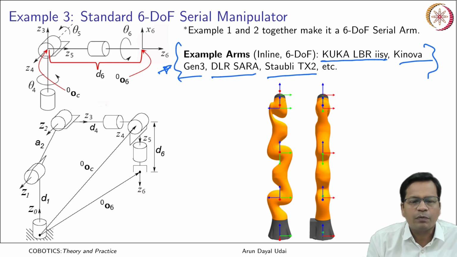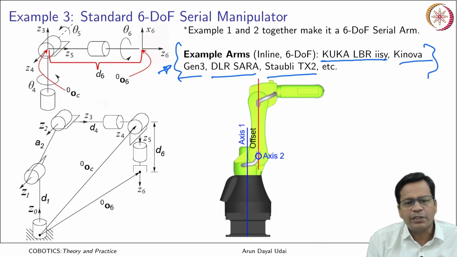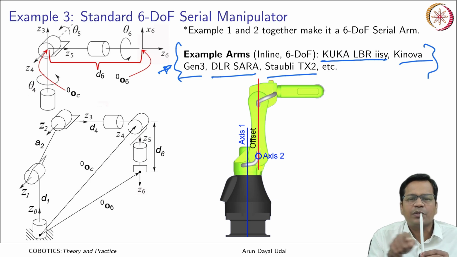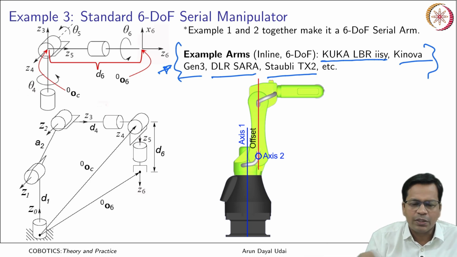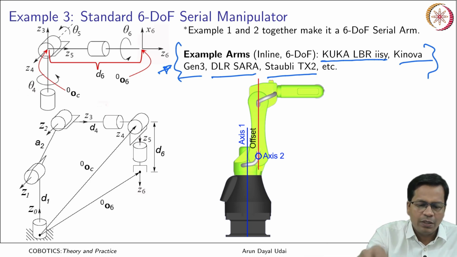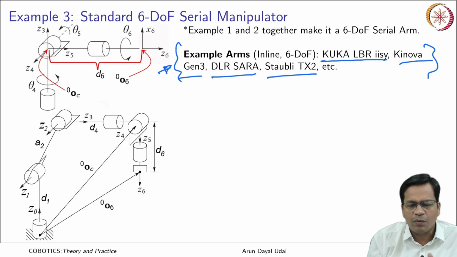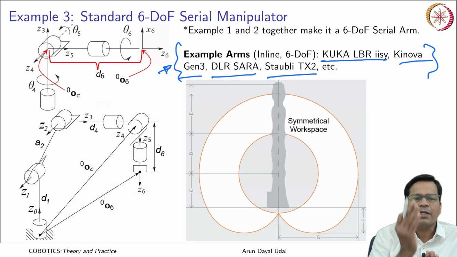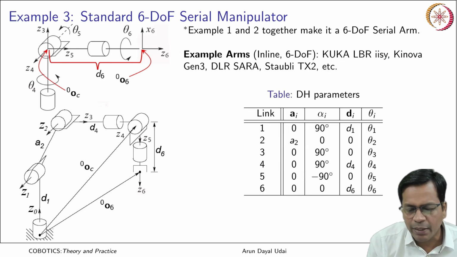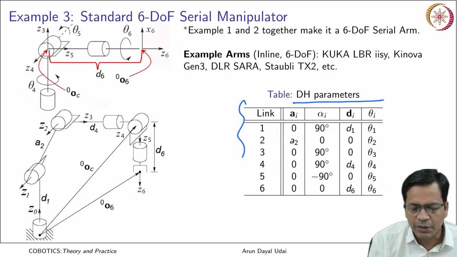But yes, most of the industrial robots, they have the base offset. That means the first axis and the second axis, there is some distance between them. First one is a vertical axis, the next one is the horizontal axis, the distance between them exists. Okay. That is to make it a little forward so as to do most of the forward tasks, the tasks which are in front of the robot. But in case of cobots, we tend to put them in line because it may have a symmetrical workspace all around. If you tabulate them in DH parameters, it becomes very much like this.